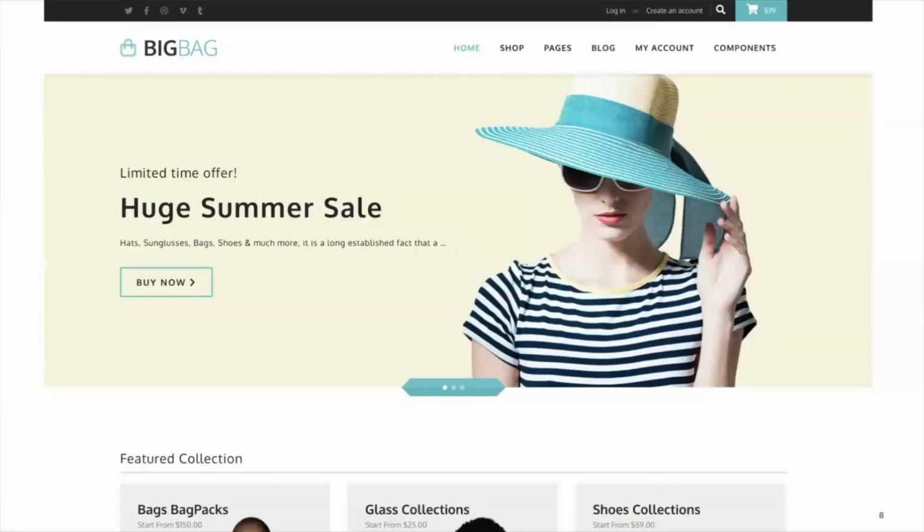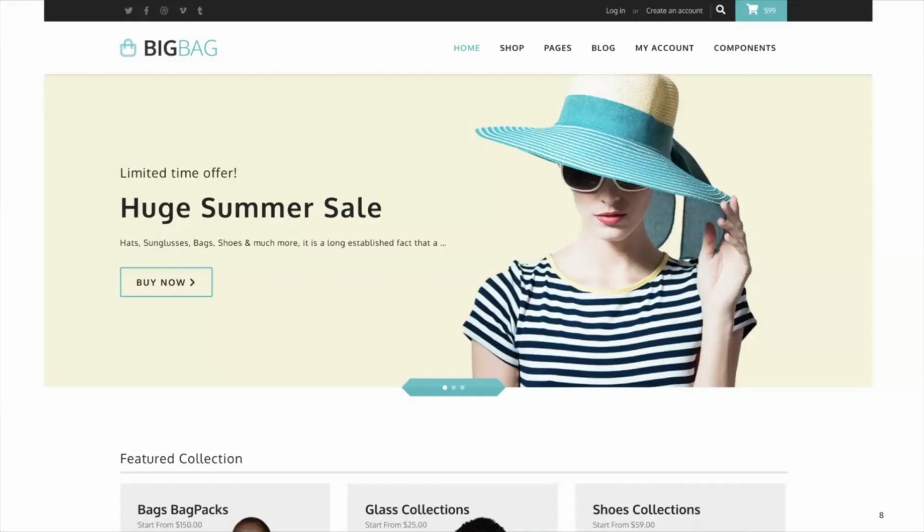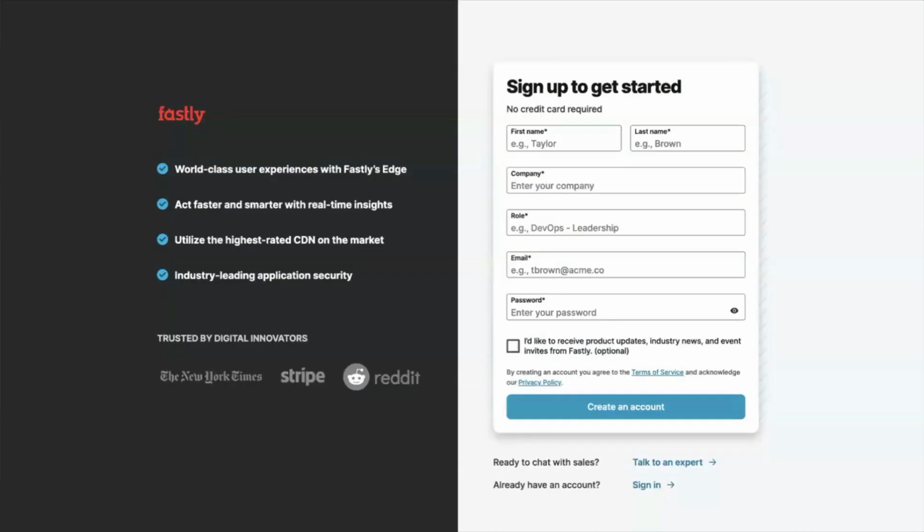Let's consider an e-commerce site like this template. How do we personalize a site like this? Let's look at 3 practical types of personalization and walk through how we can apply them to this site at the edge. Now, if you don't already have a Fastly account, now is a good time to go to fastly.com/signup and get one of those,